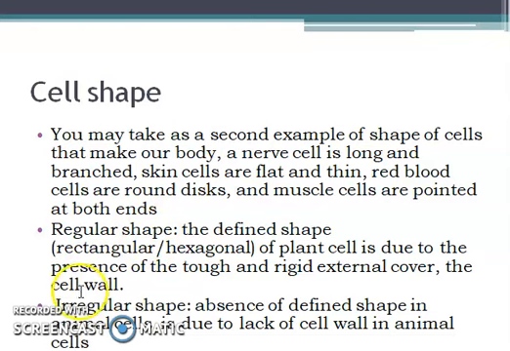So regular shape እና irregular shape. So regular shape ምንለው defined shape ያላቸው ናቸው ብዙ ጊዜ ለምሳሌ in the plants defined የሆኑት because of their cell wall ብለን ተናግረናል The next one is irregular shape. Irregular shape ምንለው ደግሞ cell wall የላቸው ለምሳሌ the animal cell ብዙ ጊዜ irregular shape ናቸው because cell wall የላቸው